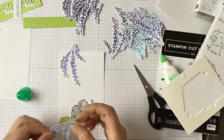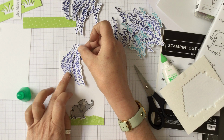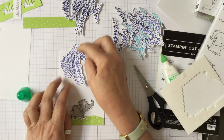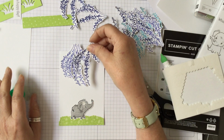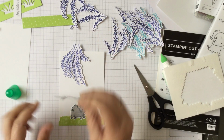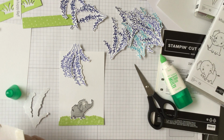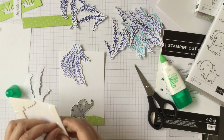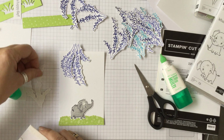And this one is then going to come in over the top, and that gives it a little bit of dimension in on there. Like that. And then I would like a dark one to come in over the top, and again that's going to go up with dimensionals. So again I'm using the minis, and we'll have one there,